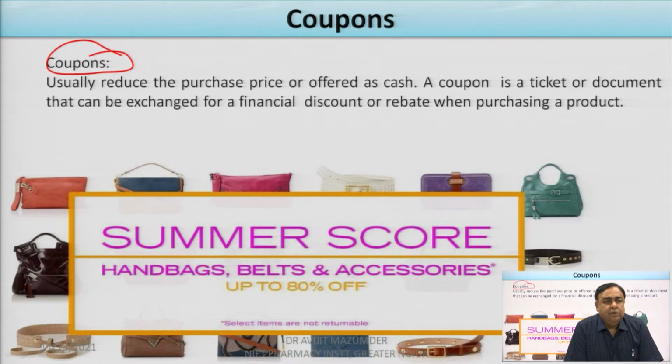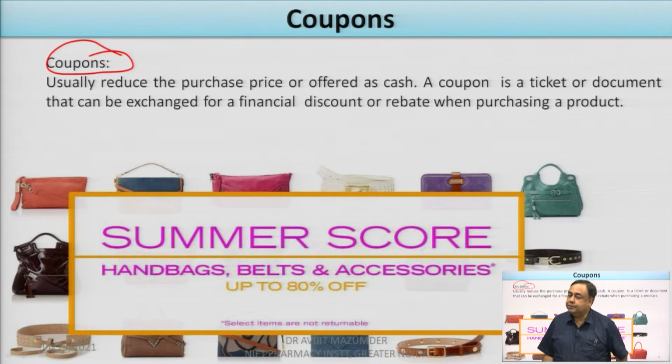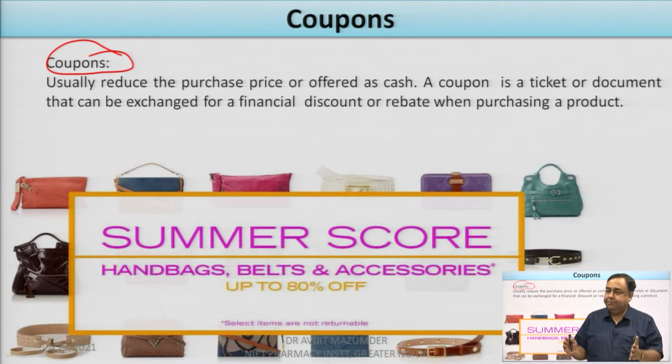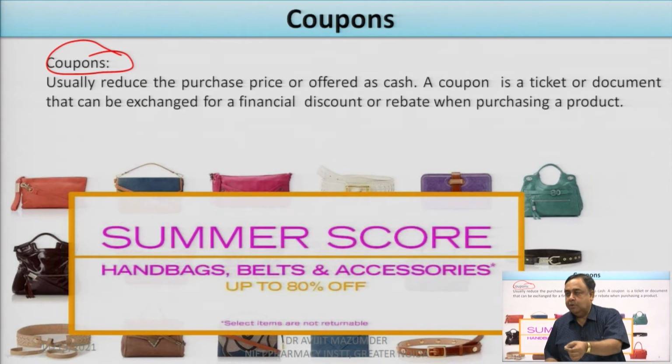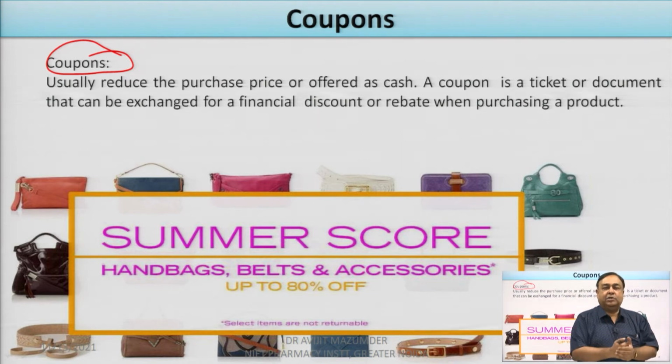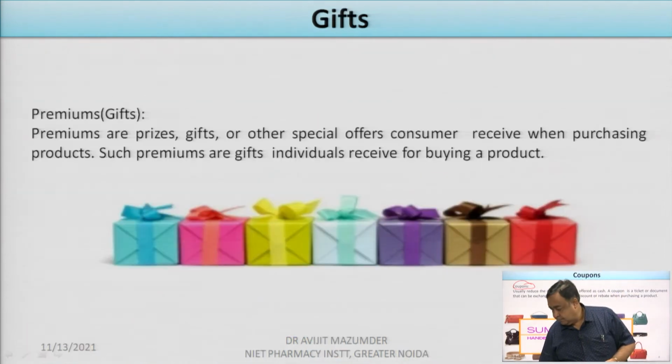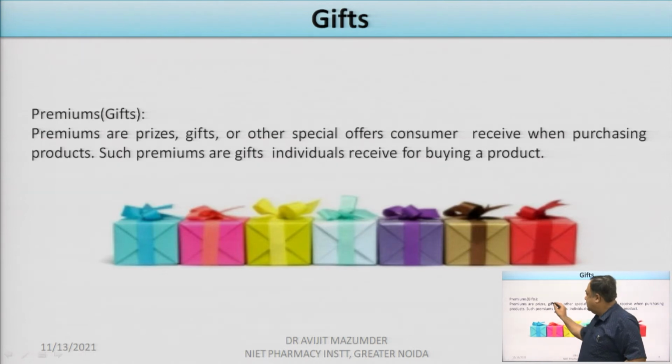So, coupons usually reduce the purchase price or are offered as a cash discount. A coupon is nothing but a ticket or a document that can be exchanged for a financial discount or a rebate when purchasing a product. Say for example, you are going to a shop, you have a coupon in your pocket. You are purchasing that item, you are submitting that coupon, they are providing you a cash discount or a cash rebate. Next is